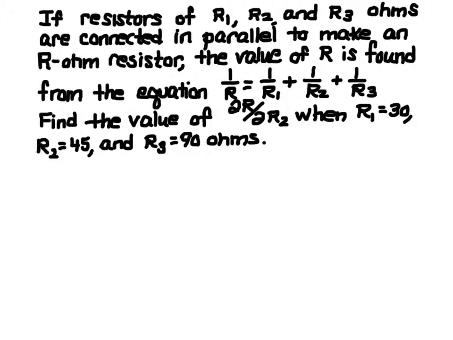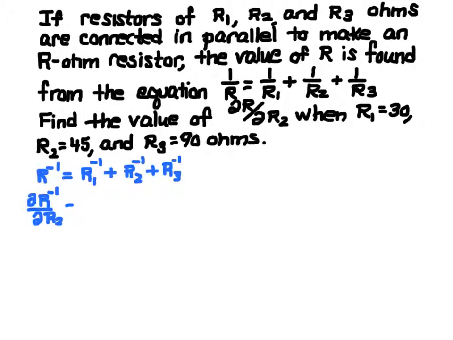So I'm going to rewrite that equation with exponents. So R to the negative 1 is equal to R1 to the negative 1 plus R2 to the negative 1 plus R3 to the negative 1. So if we take the partial derivative of the left-hand side, that is of R to the negative 1, with respect to R2,